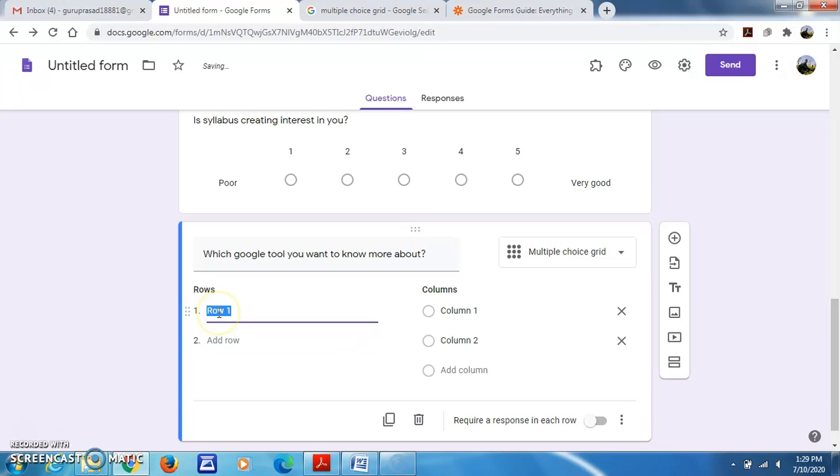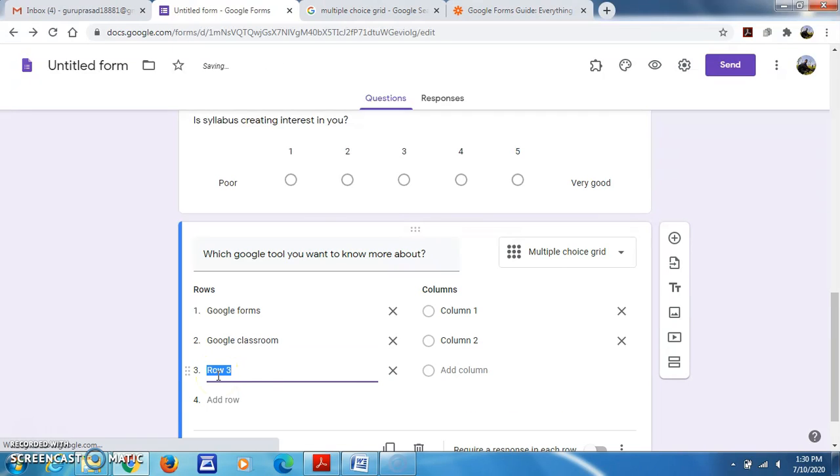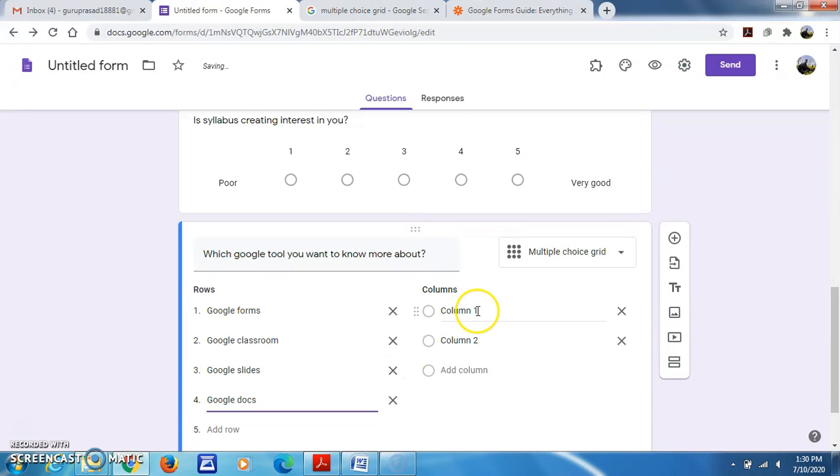So for example, first one I will go with Google Forms, Google Classroom, Google Slides, and Google Docs, etc. So here optional will be in the form of a column.